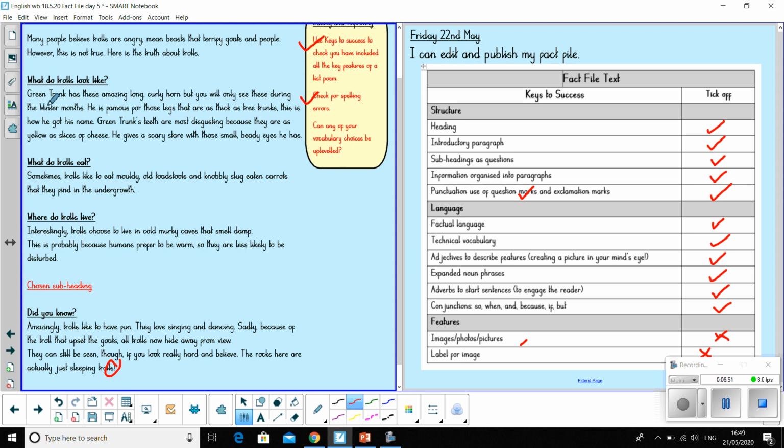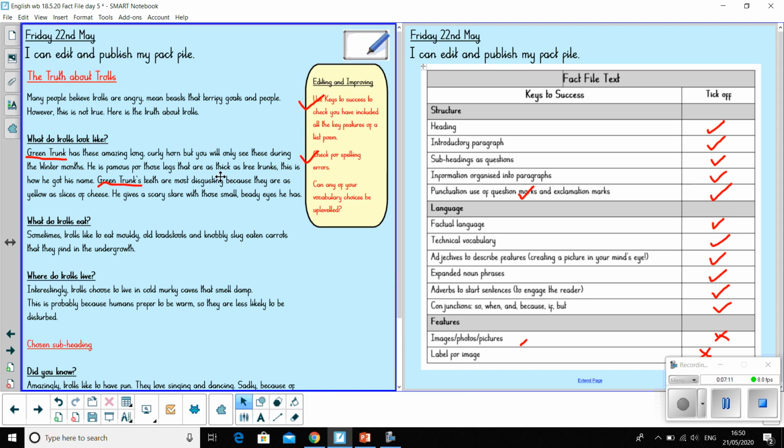Well, here, because I've started to explain about Green Trunk, what I probably need to do is just adapt that sentence a little bit and adapt this one as well here, because it's not just about Green Trunk, it's not just the description about Green Trunk, is it this time? From your character description. It is about the truth about trolls. So I might put